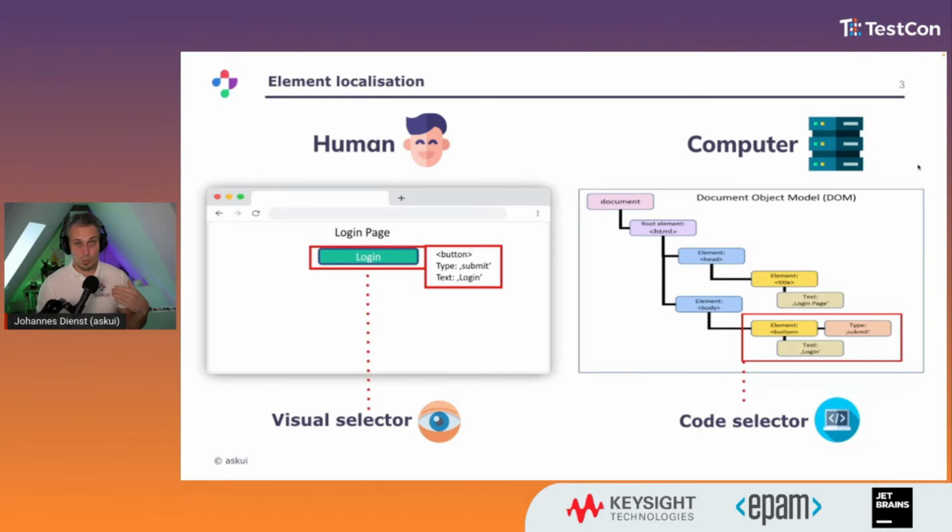When we as humans, on the left side, visit a web page, there's this very basic login page. We have a heading and we have a login button, which is shiny, or there's a flat UI icon color. So our brains spin up the pattern matching machine, and you can see it in action